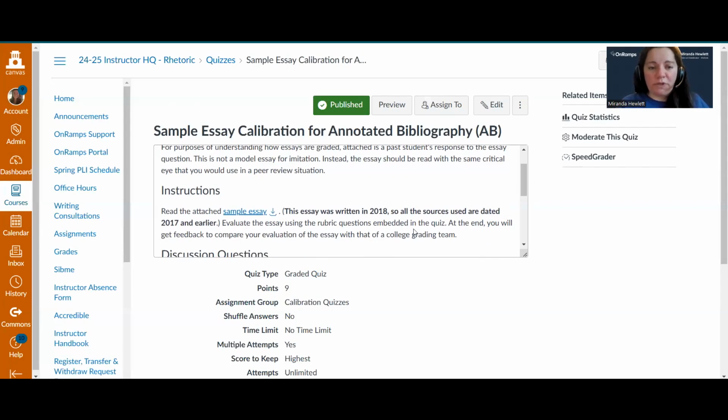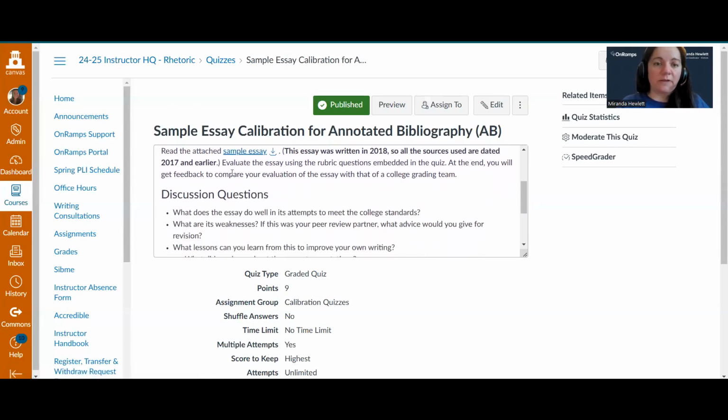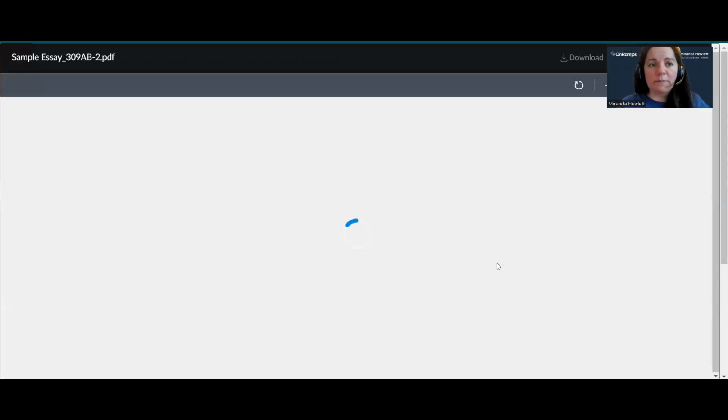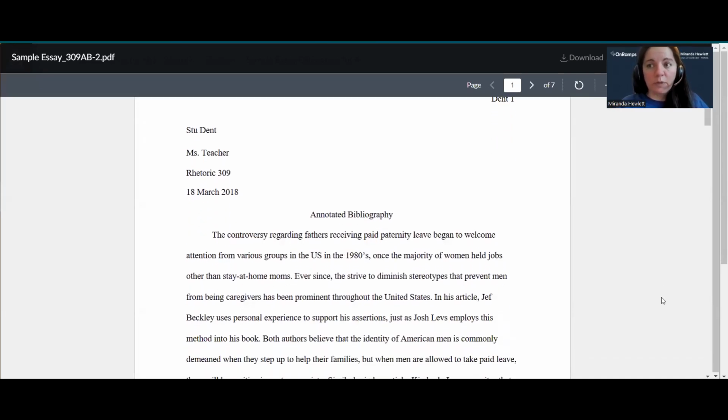But there is a tool that you can use here strategically, which is the sample assignment that is used for the students to analyze and score in this exercise. So when I click on the sample essay for the annotated bibliography, I can see a sample completed annotated bibliography. Keep in mind, these are not exemplars. They are not flawless, and students should not be copying these in any way. But it does give them an idea of what this assignment looks like when it's laid out on the page,